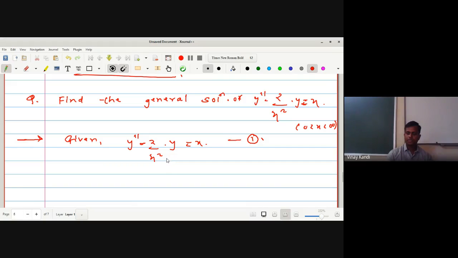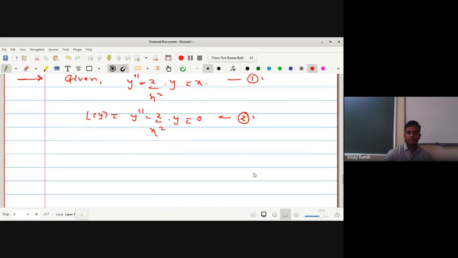What is the associated homogeneous differential equation? L of y is equal to y double dash minus 2 upon x square into y, which is equal to 0. This is the homogeneous equation. This is equation number 2. The associated homogeneous equation is given by this one. Okay, now